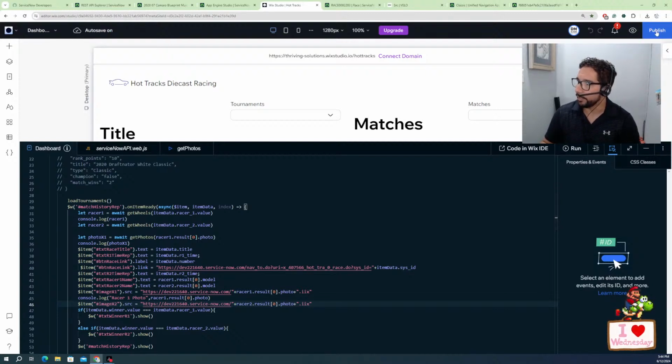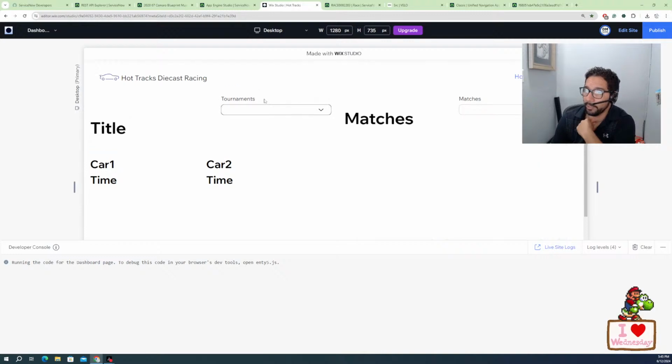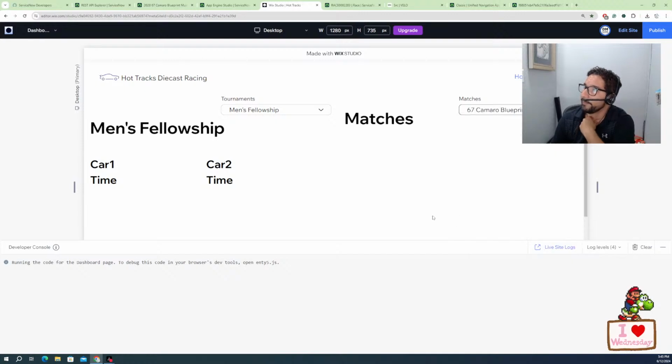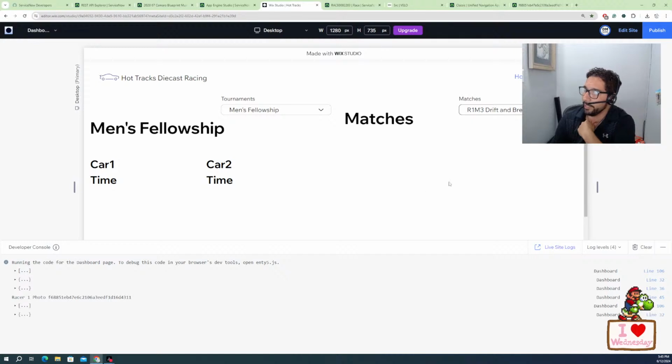That's some type of workaround that will work as long as we are logged in. So if we're logged into ServiceNow, we need to be logged into both for this to load dynamically here. So let's see, I'm going to pick this one. See, it replaces them there. So these are being generated through